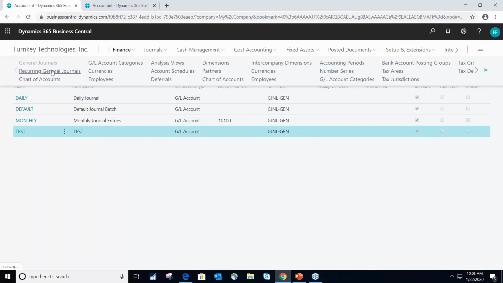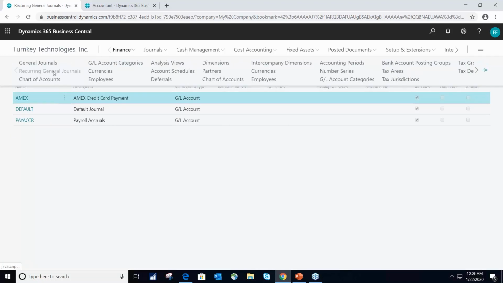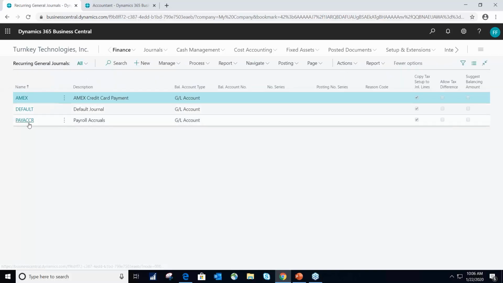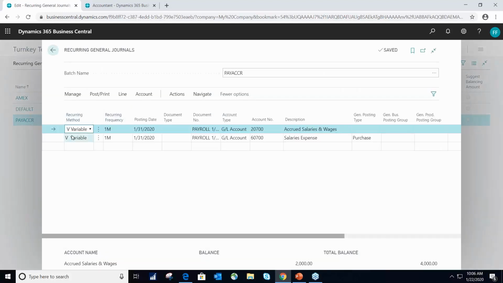Now those are one-offs. Now maybe you have recurring journals that you do all the time every month. I'm going to go into here, finance, and recurring journals. I will go into payroll accrual I set up. You can set up your accruals. You can set up different things for your monthly. So I'll go ahead and click on this one. Now I have